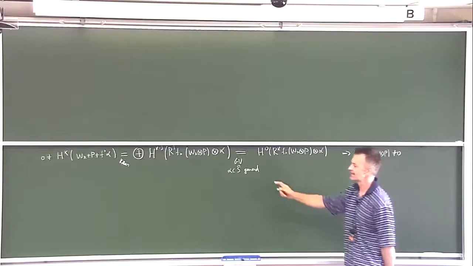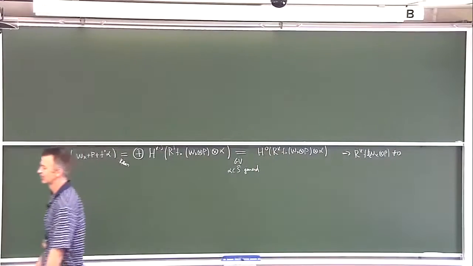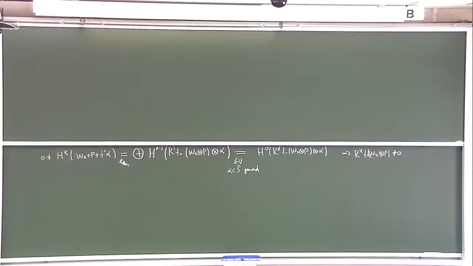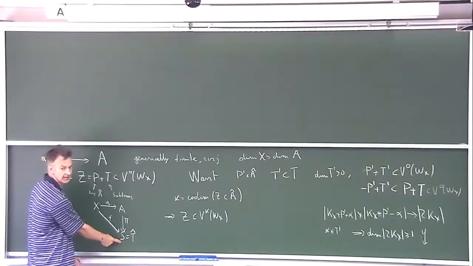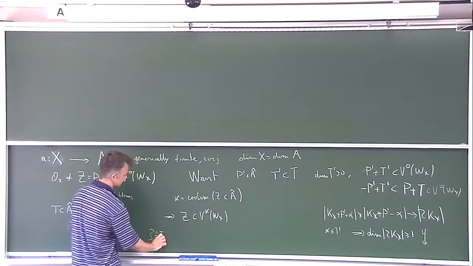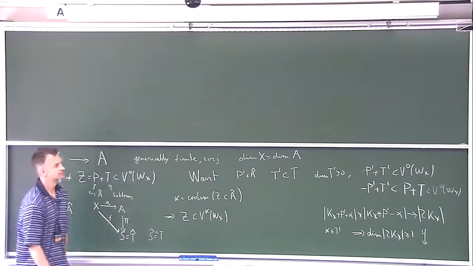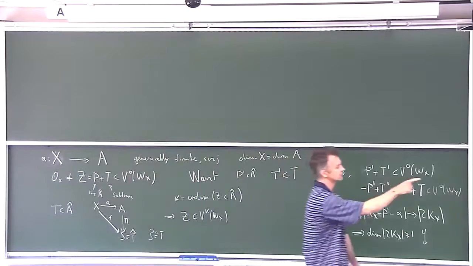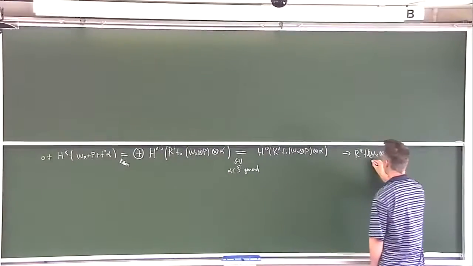Alpha is in S hat. So S hat is a topologically trivial line bundle on S, and S hat is isomorphic to T. Okay, so I know that this group is non-zero. So this tells me that